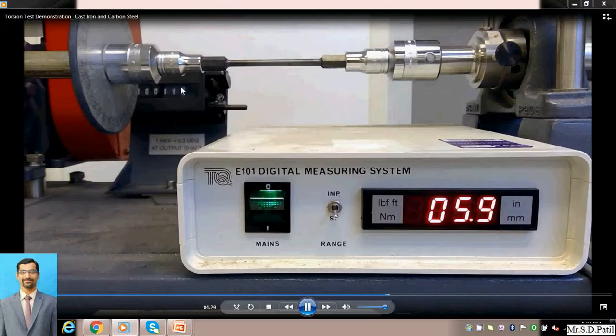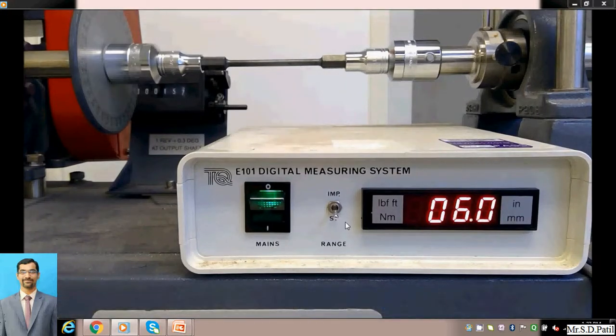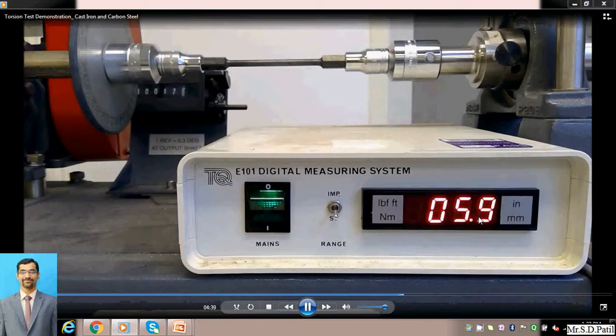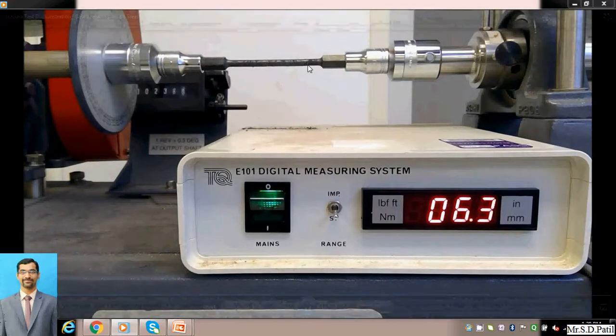Now slowly the torque and the number of revolutions are increasing. Now the torque has almost reached 6.7, and likewise the number of revolutions are again increasing. Now, because of the ductility, it is having some sort of twisting. Now the torque is constant, only the number of revolutions is carried out, which means we are getting the point of